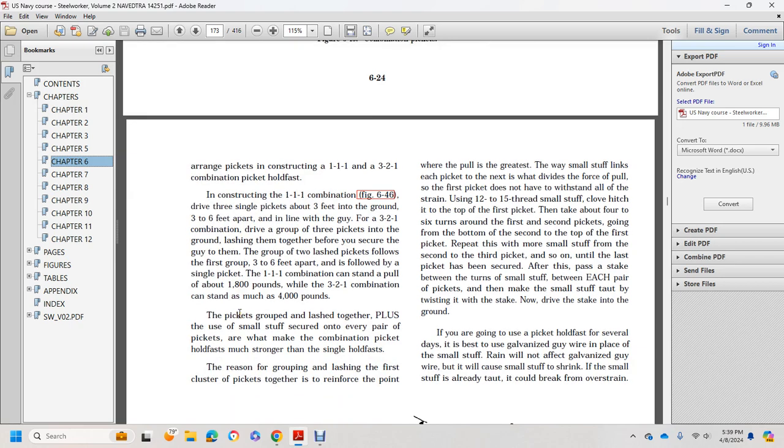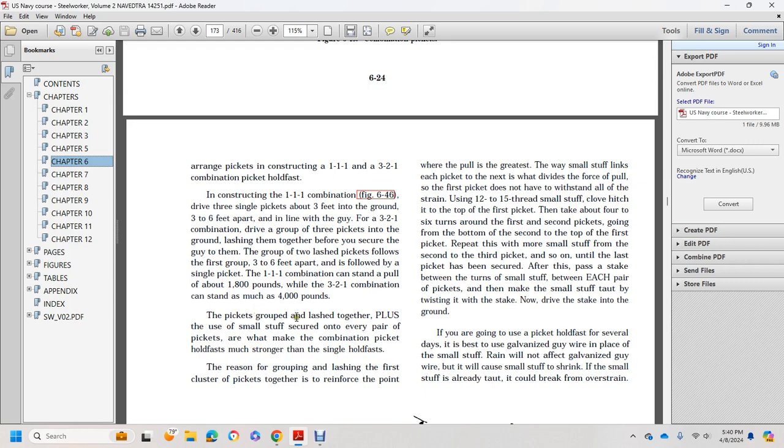with the 3 feet under the ground, 3 to 6 feet apart in line with the guy. For a 3-to-2-to-1 combination, drive a group of 3 pickets into the ground, lashing them together before you secure the guy to them. The group of 2 lashed pickets follows the first group by 3 to 6 feet, followed by a single picket. A 1-by-1 combination can stand a pull of about 1,800 pounds. A 3-to-2-to-1 combination can stand about